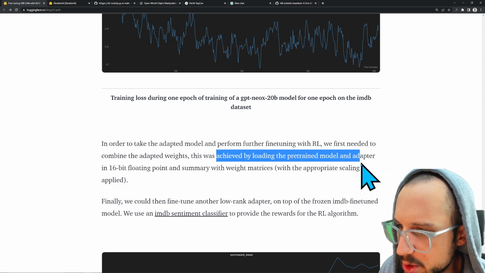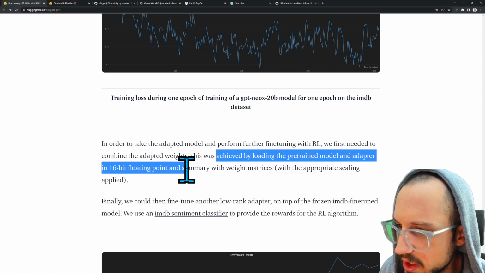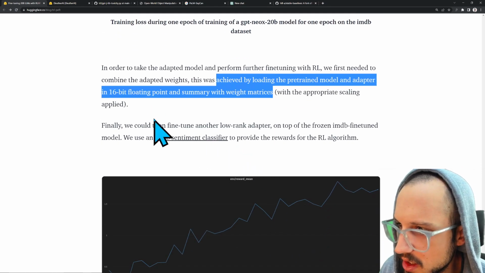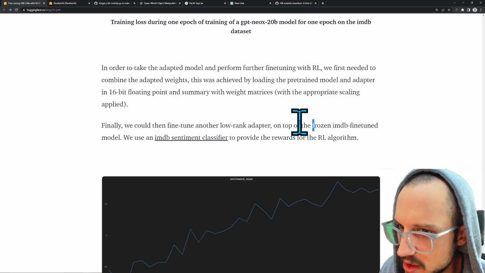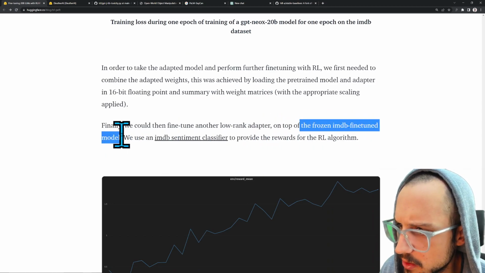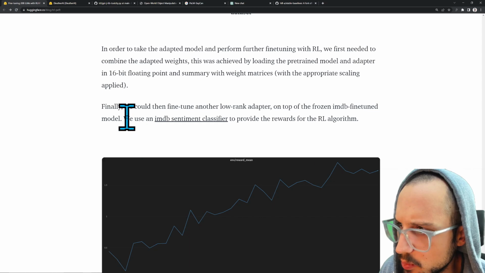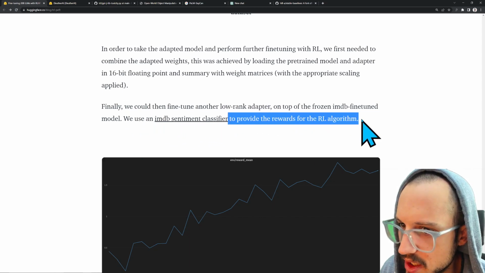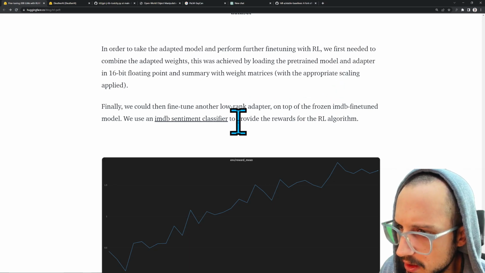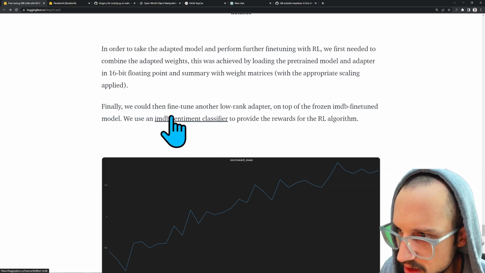Achieved by loading the pre-trained model and adapter in floating 16-point and summary with weight matrices. We could then fine-tune another low-rank adapter on top of the frozen IMDb fine-tuned model. We use a IMDb sentiment classifier to provide the rewards for the RL algorithm. Okay, so this is the value function, I guess, that they're using: a pre-trained model that is specifically trained